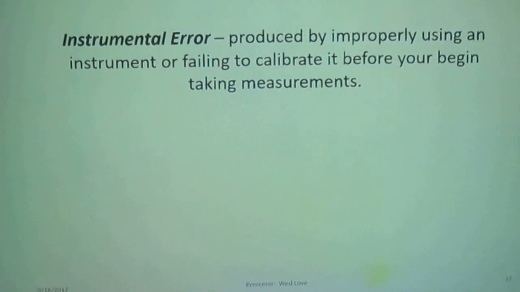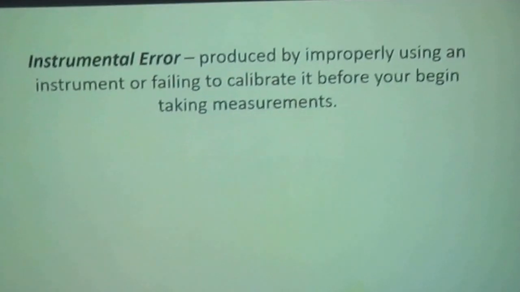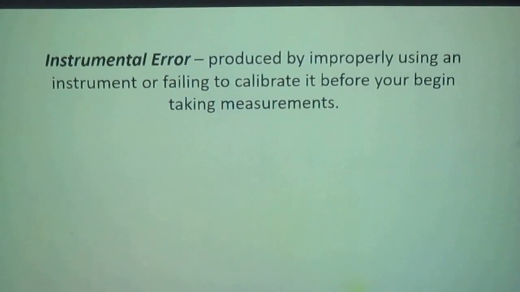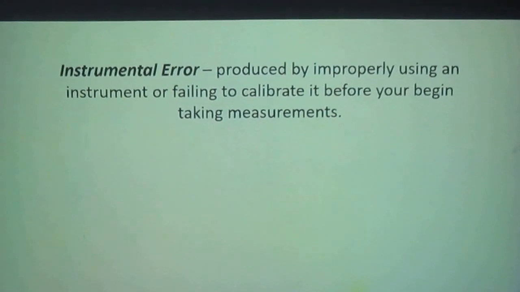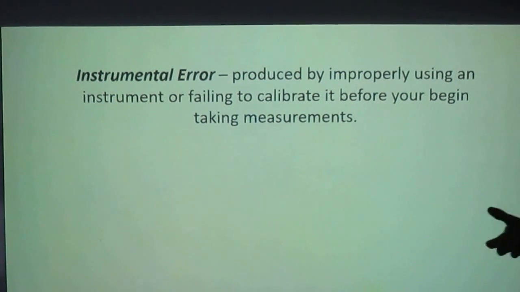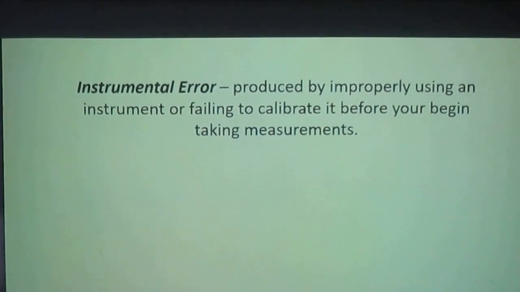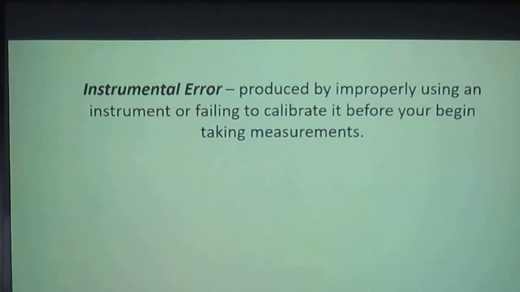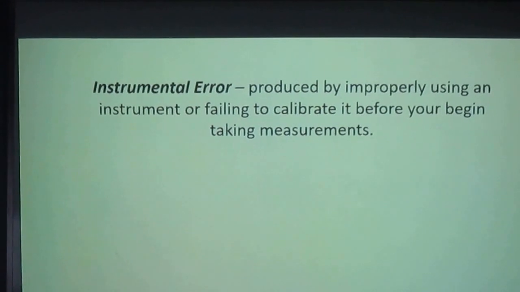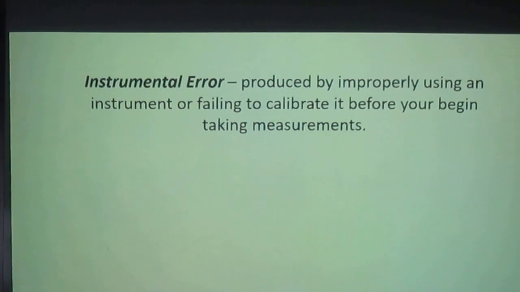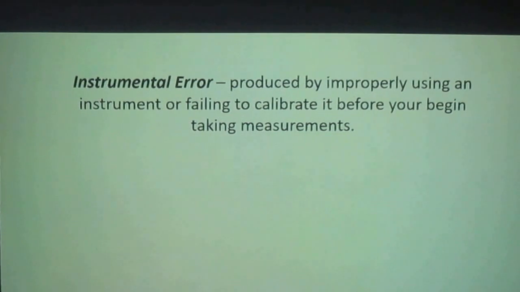And we have instrumental error, where the instruments we're using are not being used properly. They have not been perhaps calibrated properly. We use double pan balances a lot in science. One of the things I tell students is before you use a double pan balance, you're supposed to tare it. Not tear it, but T-A-R-E, which means to zero it. A little knob on the side, make sure that when nothing's on it, the needle's at 0. If you forget to do that, then all your data is skewed one way. You've made systematic